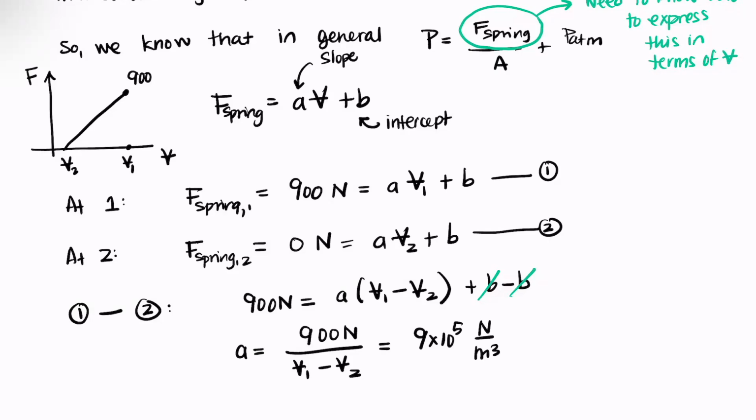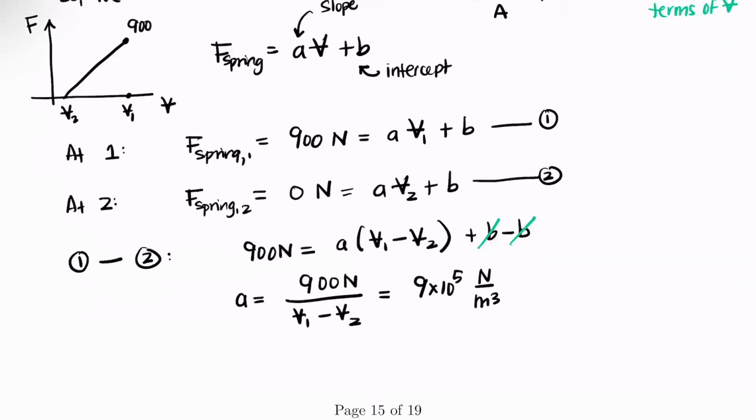We have those, right? Okay, so now we can go to equation 2 or 1, it doesn't matter, and plug in A and solve for B, right? So we're going to plug in A into equation 2 and solve